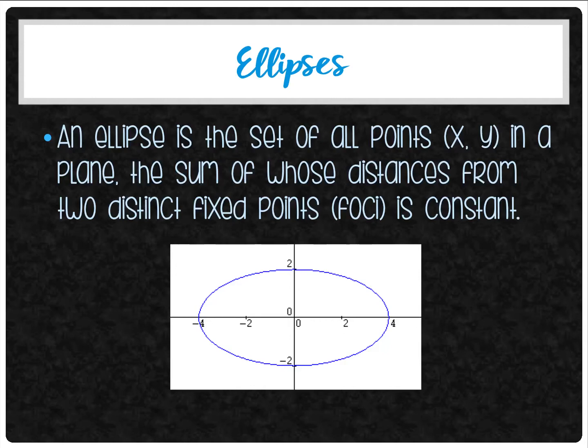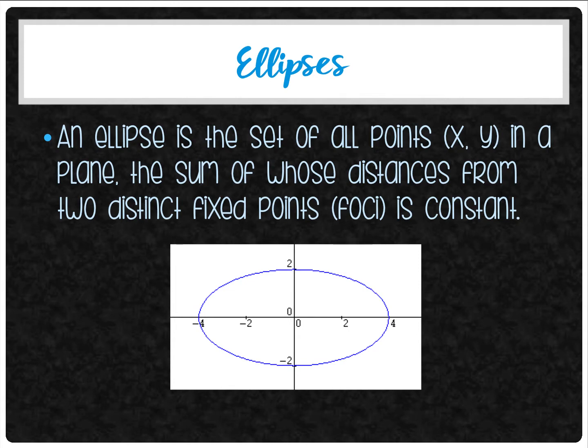Right, ladies and gents, 9.2 is called an ellipse. You know what an ellipse is? It's a smushed circle. All right, that's it. We're going to talk about the different parts of an ellipse, and we're going to talk about foci or focuses, however you want to say it. We're going to talk about major and minor axes and all that stuff,